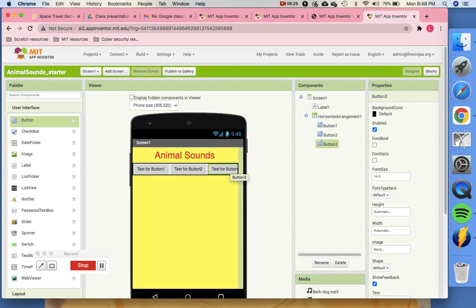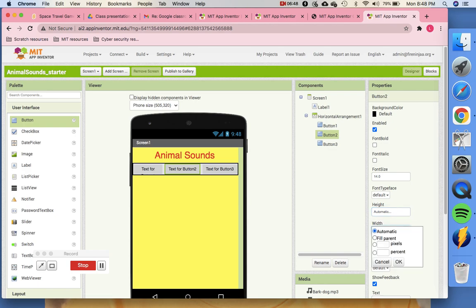Now if you have 3 buttons, the easiest way to arrange these 3 buttons is to go to this button on the width and just say fill parent. Don't even give the percentage, just say fill parent. For the second button also put the same thing, fill parent, not the height, the width.